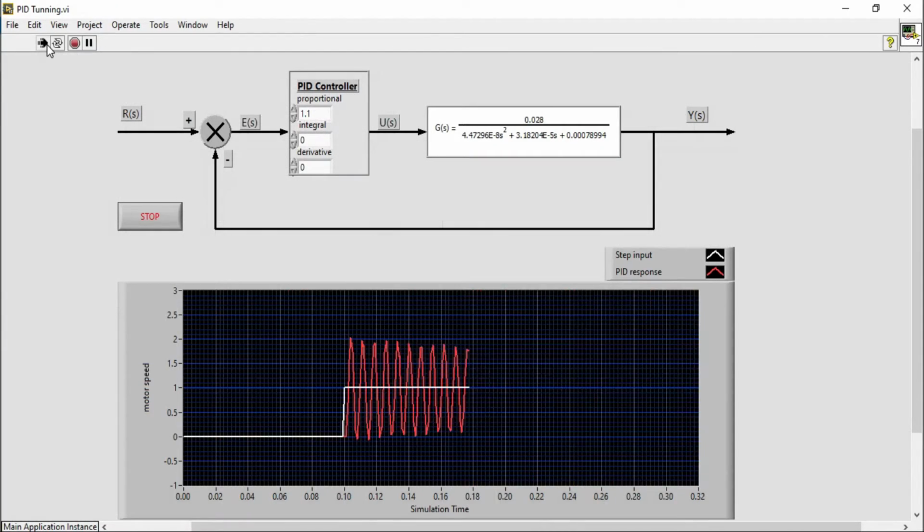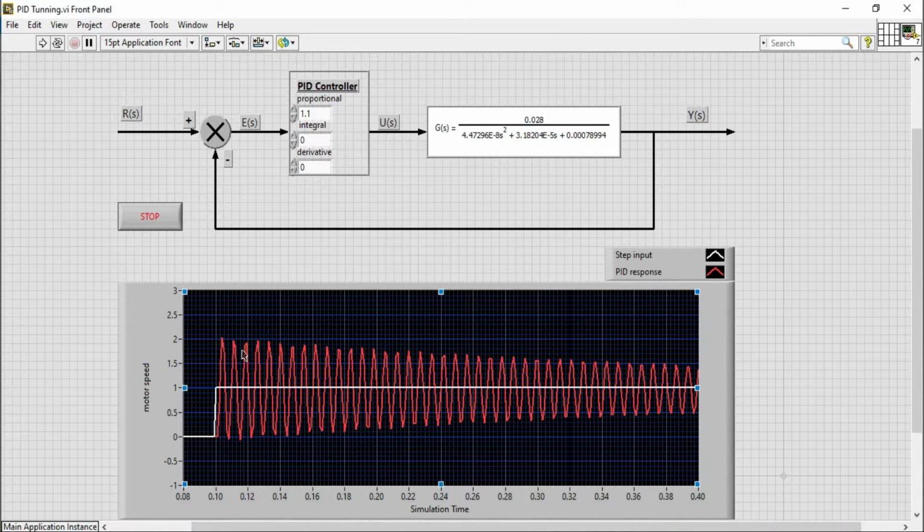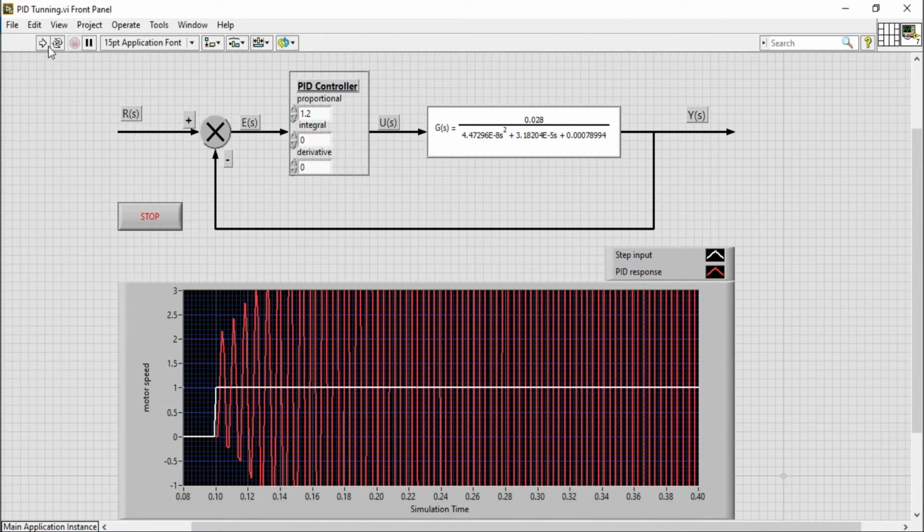I run again. In this case I see the oscillations again die out. So I put 1.2. In this case the oscillation is increasing, so my value of proportional KP should be less than 1.2.